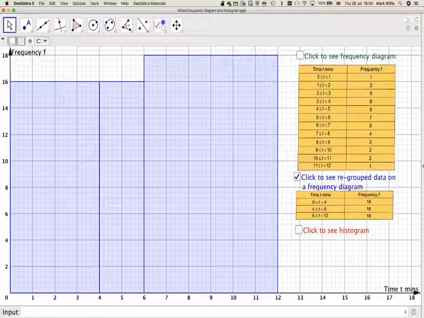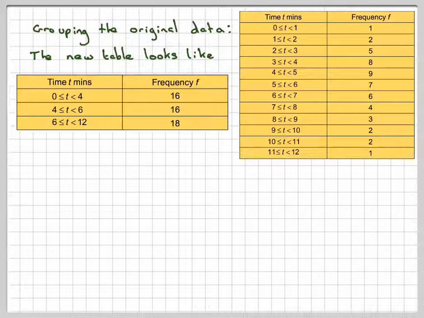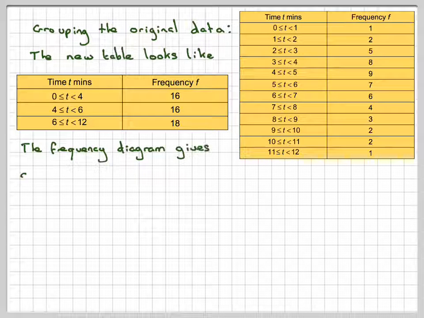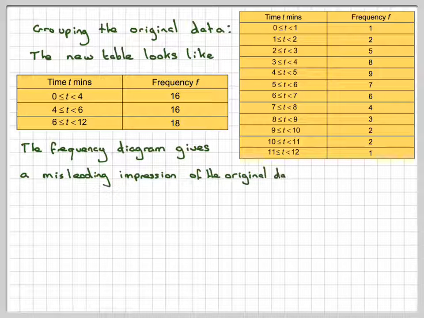Now it might be wanted to draw it this way because these would be acceptable, these might get a written warning, and this would be considered to be unacceptable. There might be different reasons for grouping. However, this diagram doesn't really represent the data, it is a little bit misleading. So the frequency diagram gives a misleading impression of the original data,